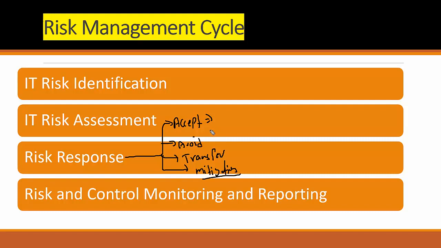Example, I got to know if I clear the exam, I will get a $10,000 salary hike. Right now, my salary is $1,000. So I accepted this risk. Even in a second attempt, I can clear the exam. I can compensate in the first month of salary. So let's accept the risk.